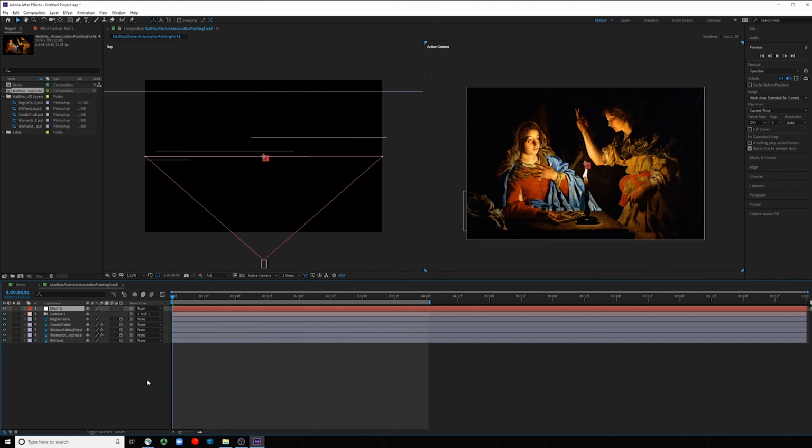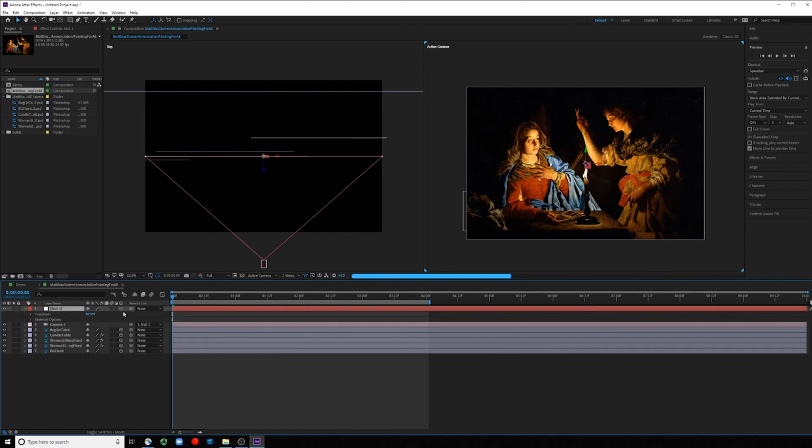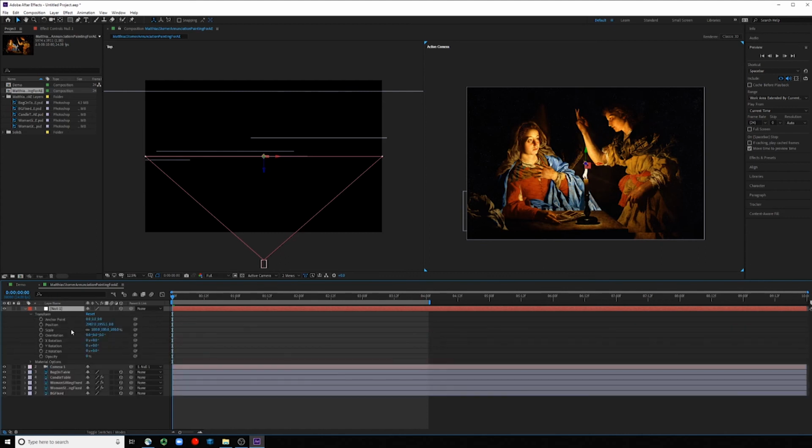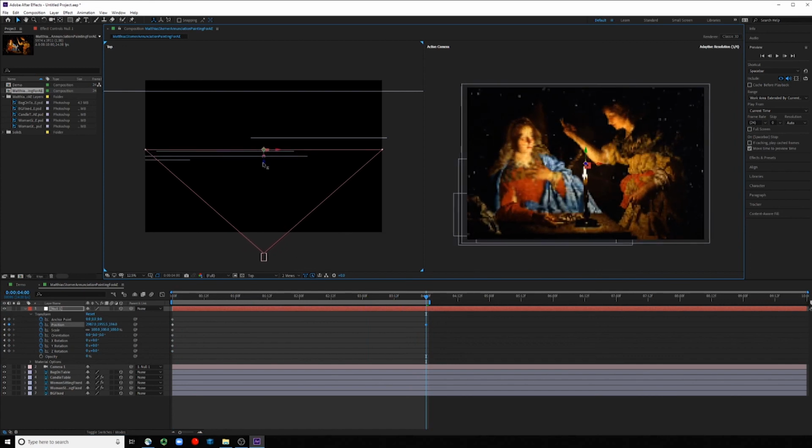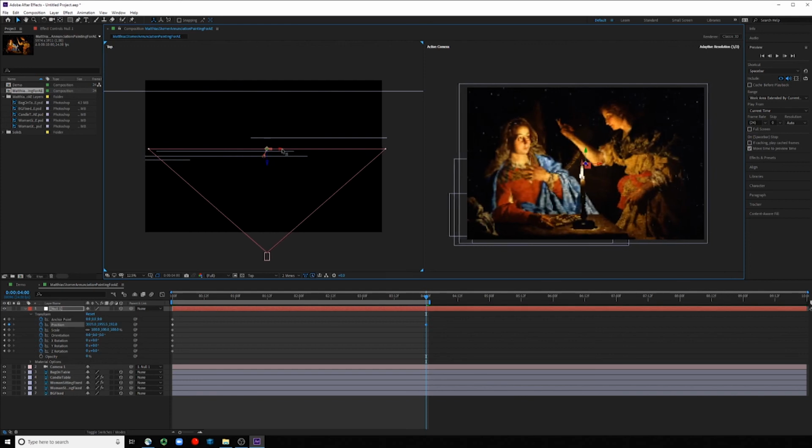So for this null here, I'm going to open it up. I'm going to make sure it's in 3D space. I'm going to go into its transform, and at the very beginning of my timeline, I'm going to keyframe its anchor point, position, scale, orientation, and all its rotations, but I'm not going to worry about its opacity. Pretty much I'm saying, at this point in time, I want you to start at this location, and then by the end of our animation, I want you to zoom in a little bit. So I'm going to take my null and zoom it in just a little, and then I might pop it over a little bit,